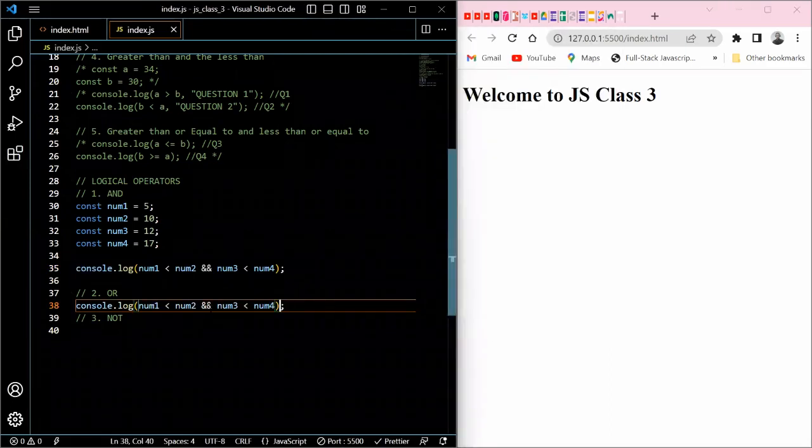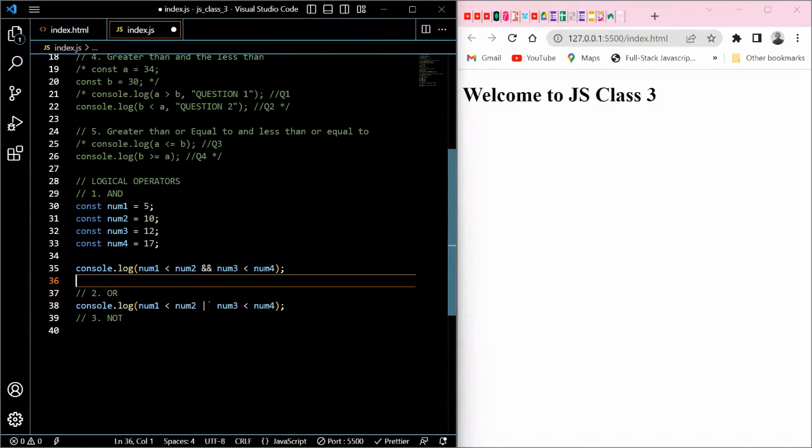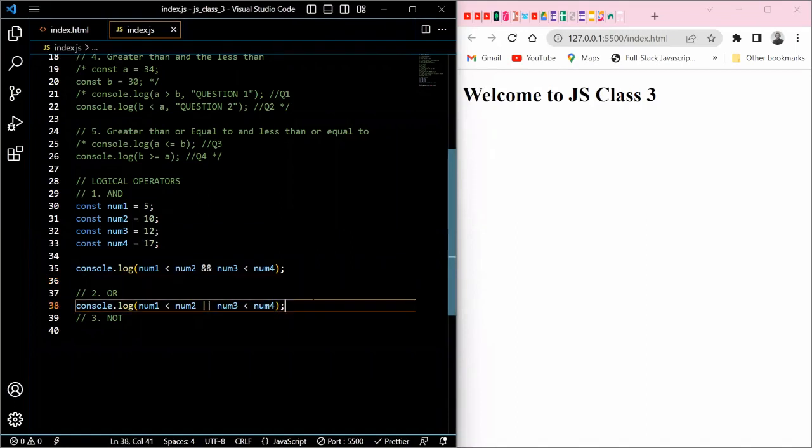So for or, what you make use of here is the pipe. This pipe. This is what you use for or, right? For or, buy bread or rice. So if you buy only rice, you're right. If you buy only bread, you're correct. If you decide to buy rice and bread, you're still correct. So if,